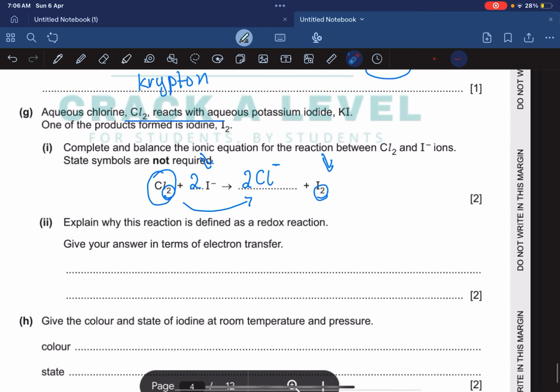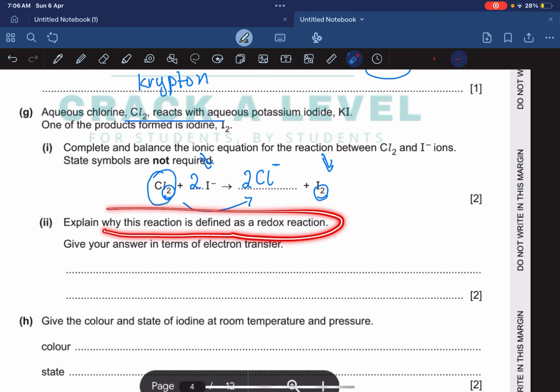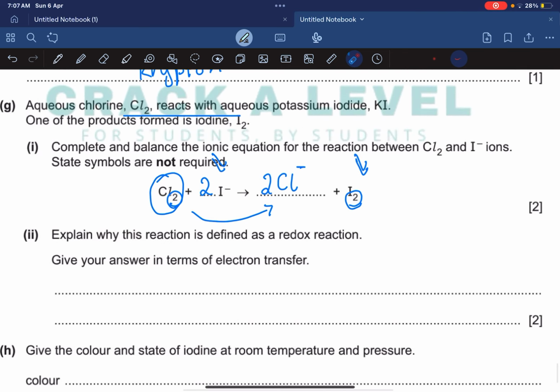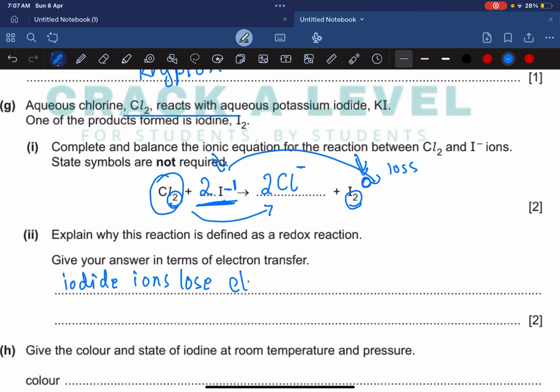Okay, explain why this reaction is defined as a redox reaction. Simply gain and loss of electrons. Give your answer in simple terms of electron transfer. Okay, you're gonna say that iodide ions, these iodide ions, they're losing electrons. Okay, -1, say their oxidation number going to 0. So that's basically a loss of electrons. You're gonna say that iodide ions lose electrons